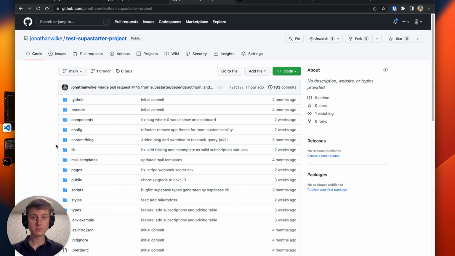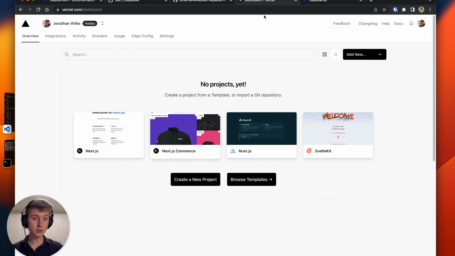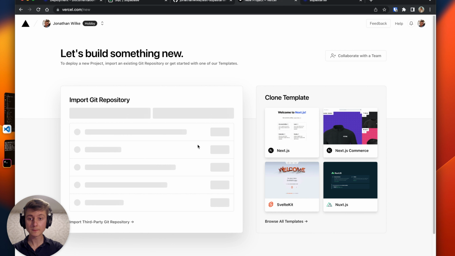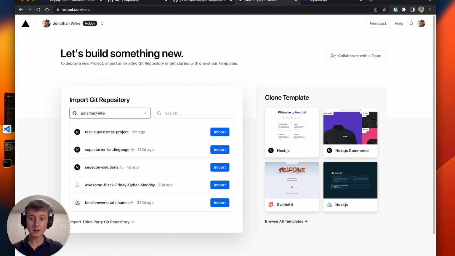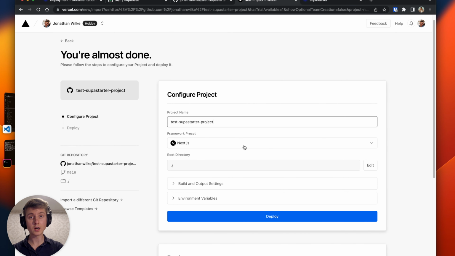and we should be able to see the code here. Now to deploy our application, we're going to use Vercel. And so first thing you need to do is to create an account for Vercel, which you can also do for free. I already have set up my account here, so I just click on create new project. Then I will see my repository connected here,